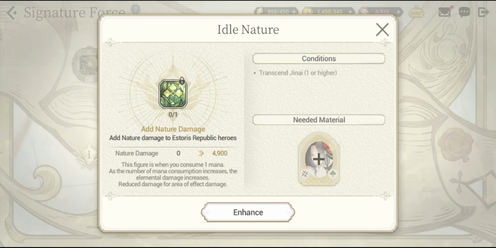In every kind of condition, in every turn, it is just going to trigger as long as the conditions are fulfilled. Think about it. As the number of mana consumption increases, the element damage increases. Did you really think that the damage is still confined to 4,900 points? No,